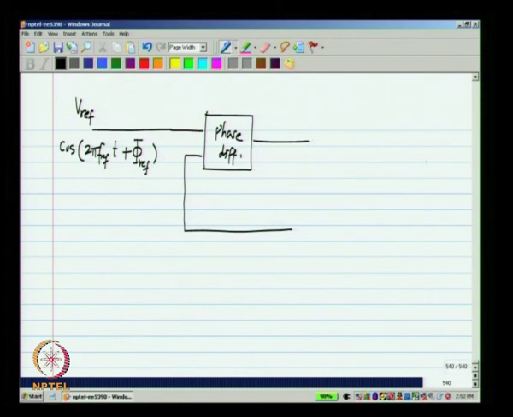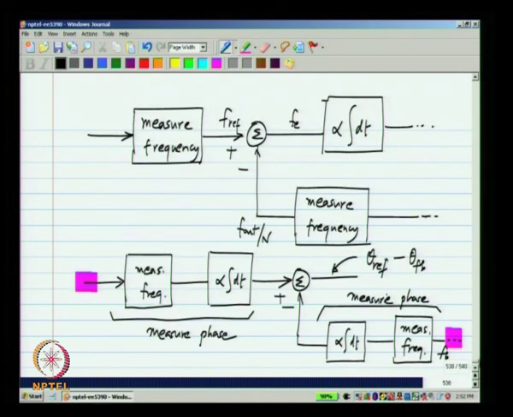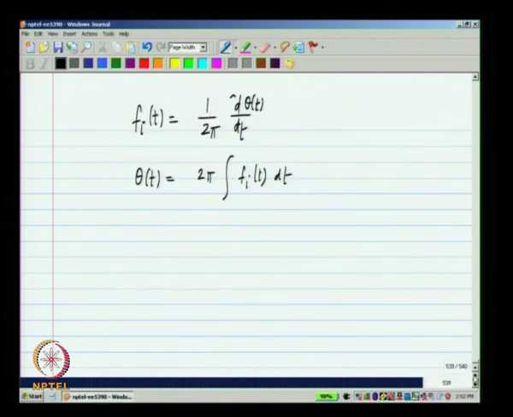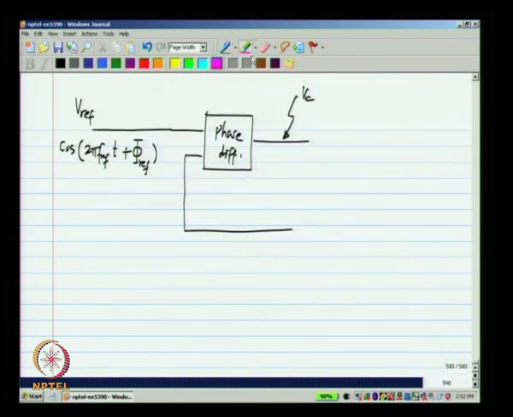and this is nothing but the control voltage Vc of the voltage controlled oscillator. Because we have combined this entire thing, measuring frequency and integrating the difference, which was giving us the control voltage Vc, into this single block which measures the phase difference. And it is measuring the phase difference between the output of the frequency divider